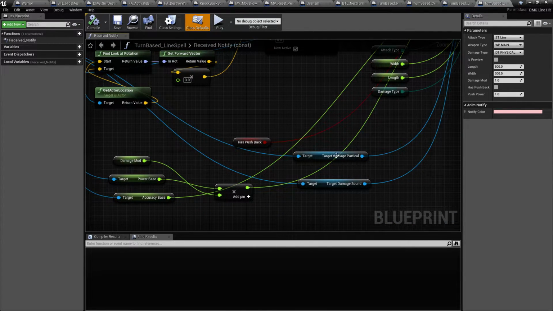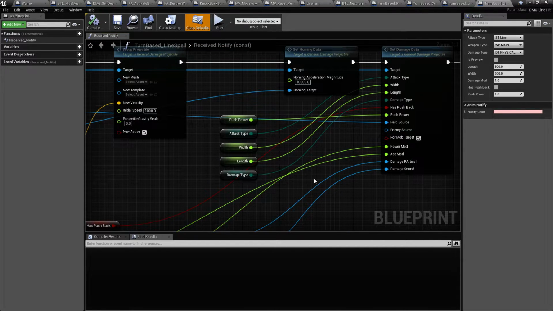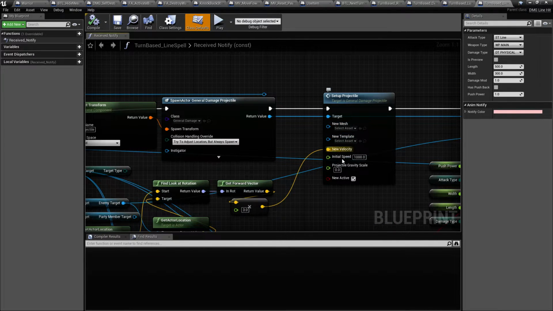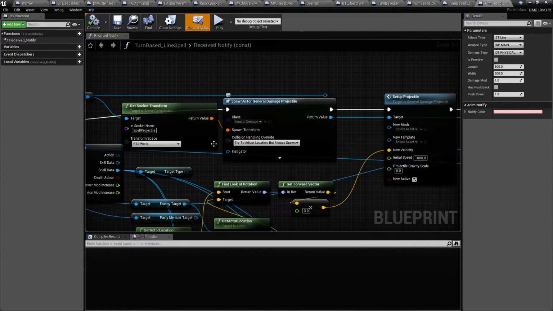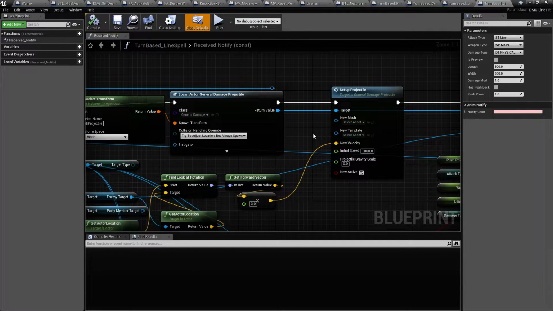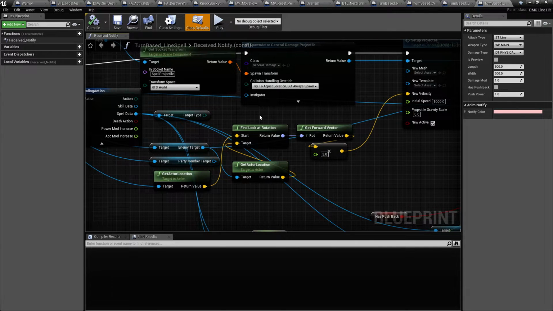It will get the particle damage and the particle sound information from it and set that in the actual attacking section. It will also spawn a projectile, which is the general damage that I have. And it will spawn it from the actual spell projectile socket straight at the enemy, and the velocity, or should I say the initial velocity, will be based on the